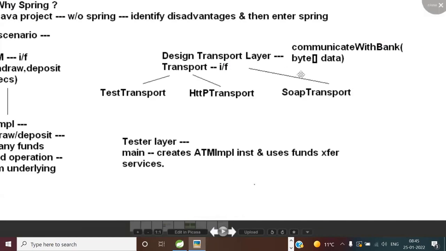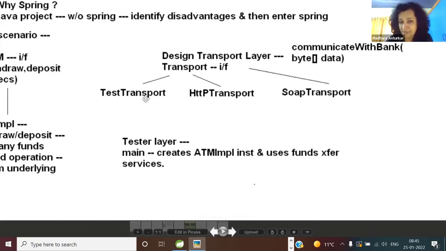And the raw data format is binary, so I've just taken a binary example. But can one interface have multiple implementation classes? 100% yes. So if your programmers team is not ready with the actual transport layers, this is a mock transport.